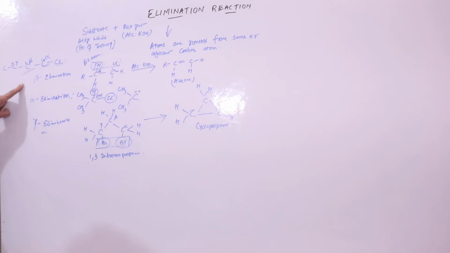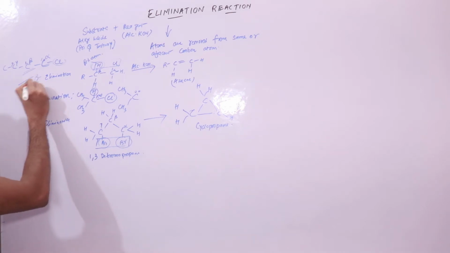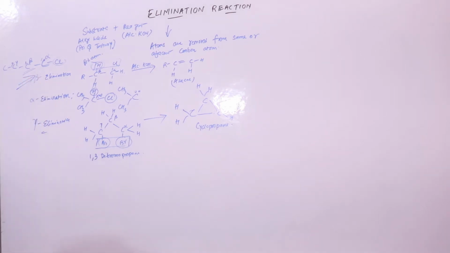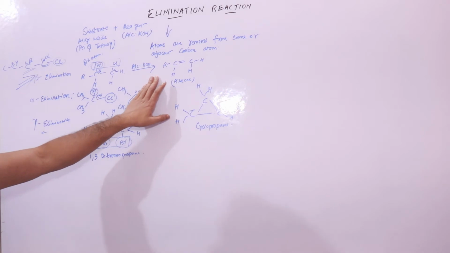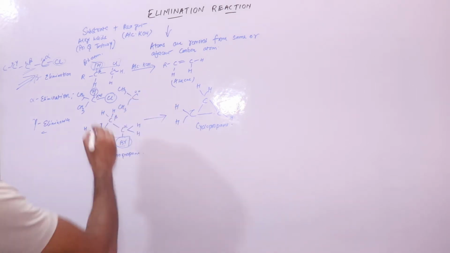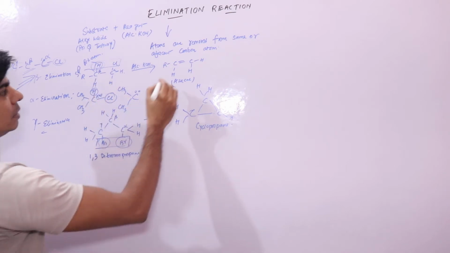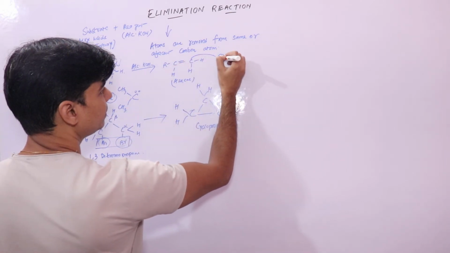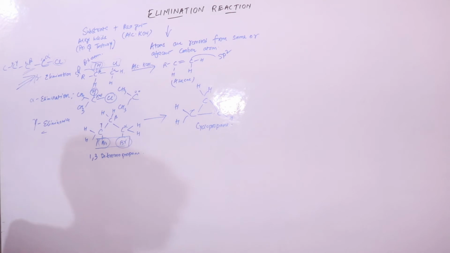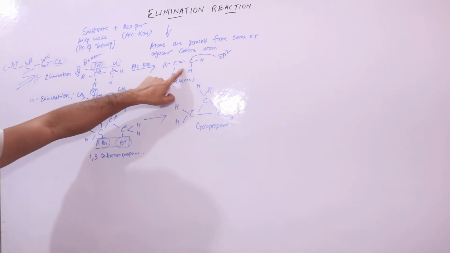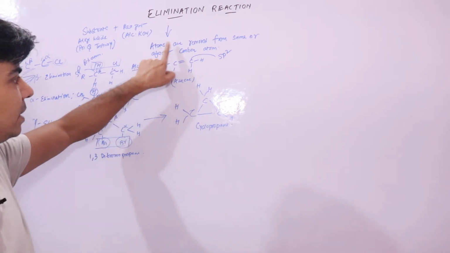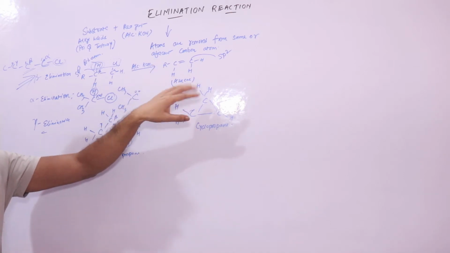Right, so based on the atoms removed or eliminated, you have alpha, beta and gamma elimination. This is the most important elimination reaction, beta elimination. Just remember one thing, that here you have an sp3 hybridized carbon atom. Here the carbon atoms are rehybridized to sp2 carbon atoms with the introduction of a pi bond. Now you have a pi bond here, and this is an unsaturated alkene.